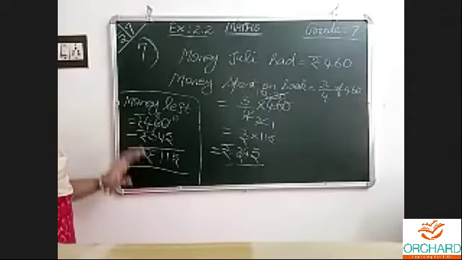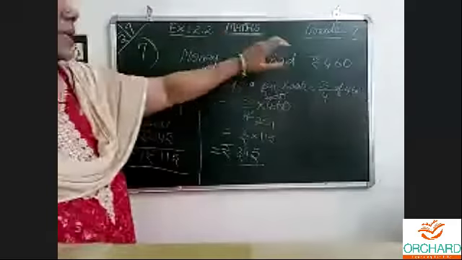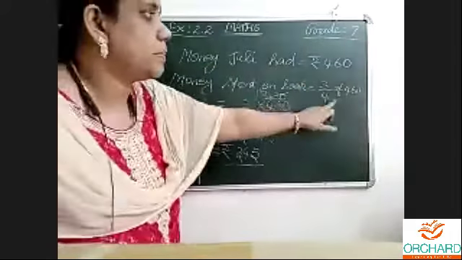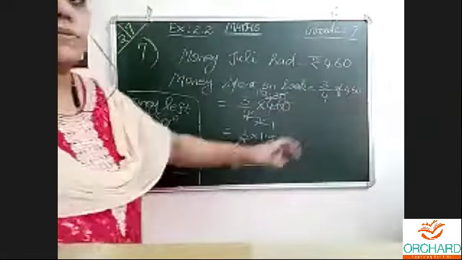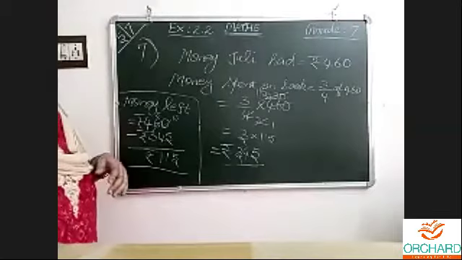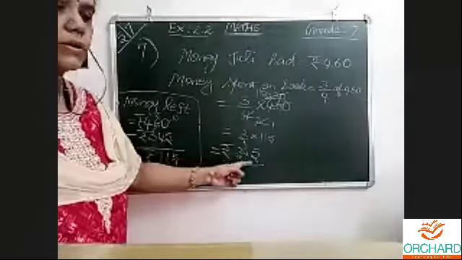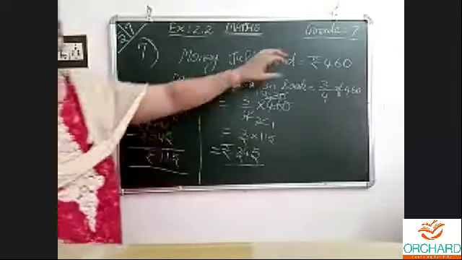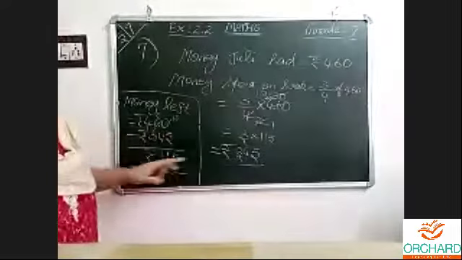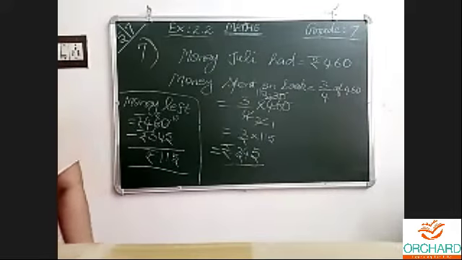Make your step simple. The money Julie had, the girl had, is the total money. Money spent on the book is the amount she has given to the shopkeeper for buying. They have given 3/4 of something, which means 3/4 of 460, the total money. After cancelling, we got 345 rupees. So what is the balance? This total, what was in her purse, minus this, we will get the answer. Simple it is. Understood?